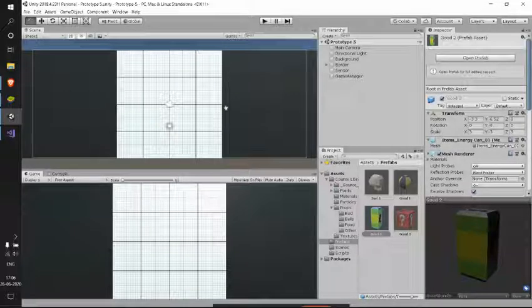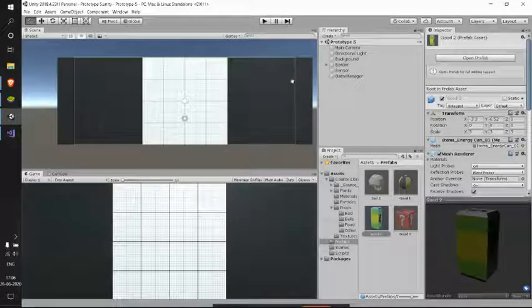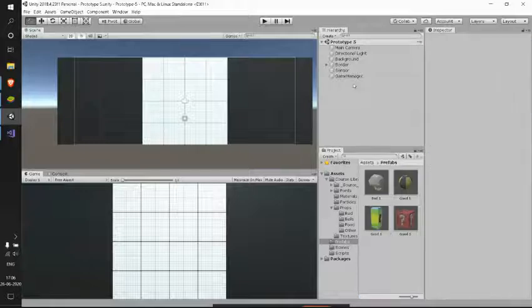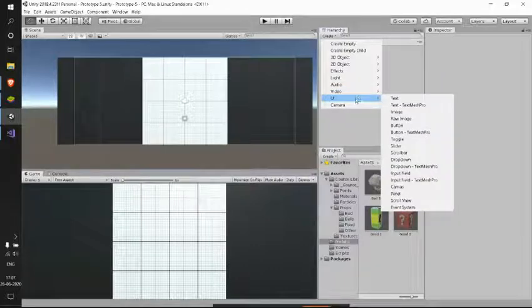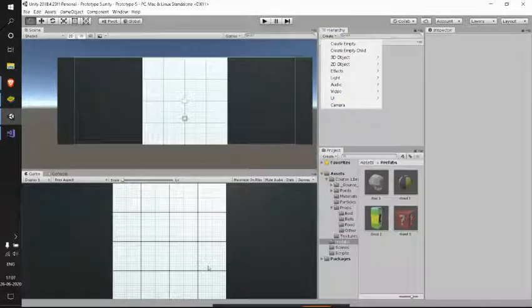So in here, let me go to my hierarchy. My mouse is too bad. So in here, let me create this. When I click on create, I have a bunch of different options, right? In that, I'll be selecting UI.